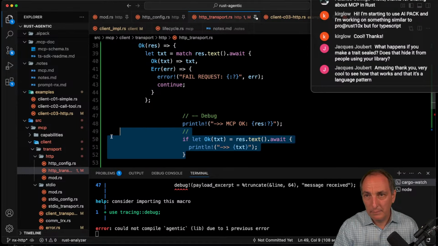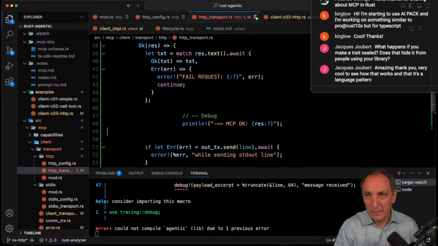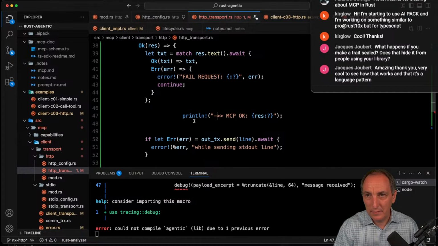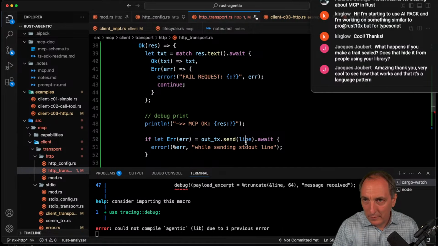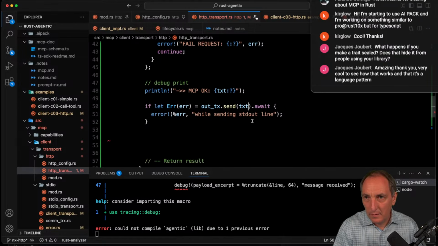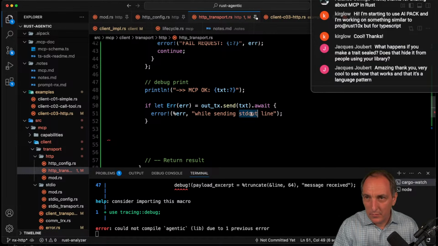And to do that, sorry, I'm being a little bit messy right now, but it's going to make sense. This is not a big section, it's just a small debug print. I'm going to remove that, and then I do the stuff. I send the line. This is up text txt. This is weird. While sending